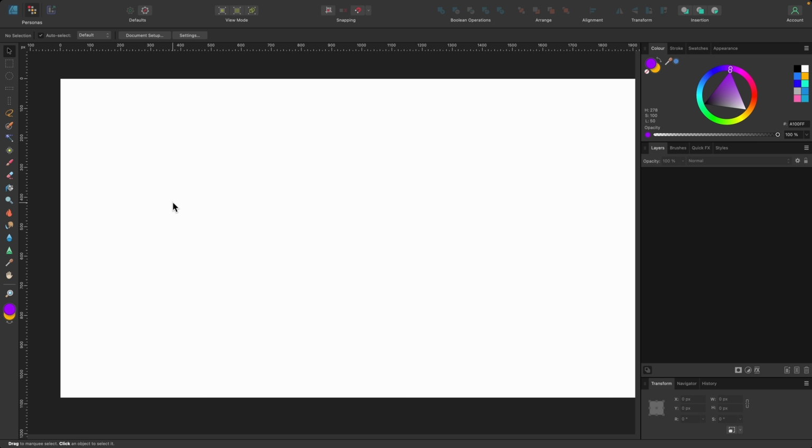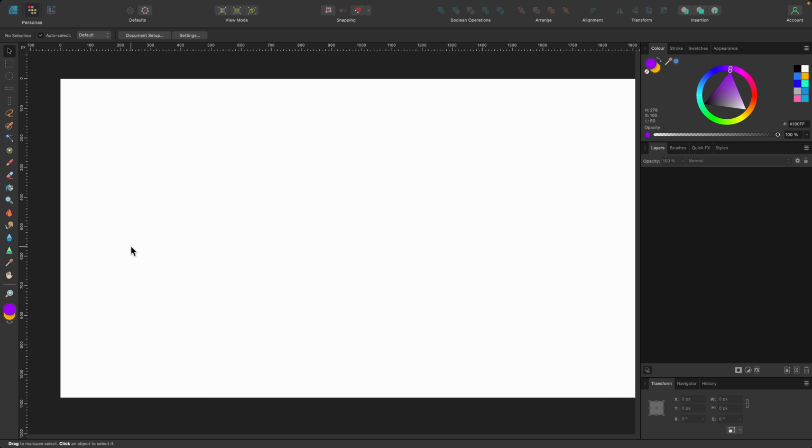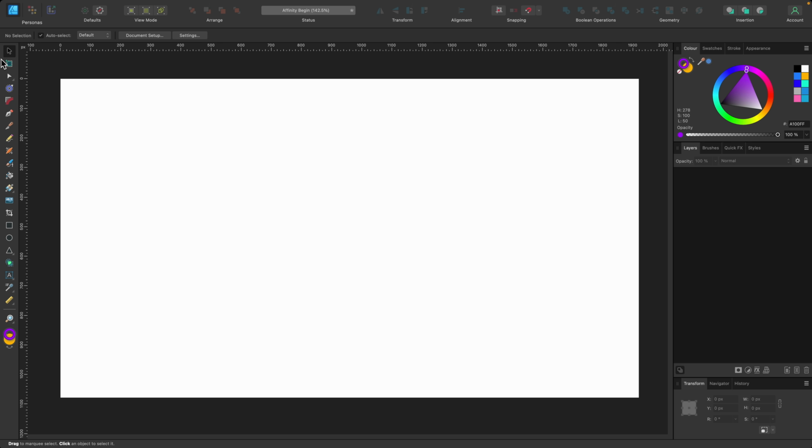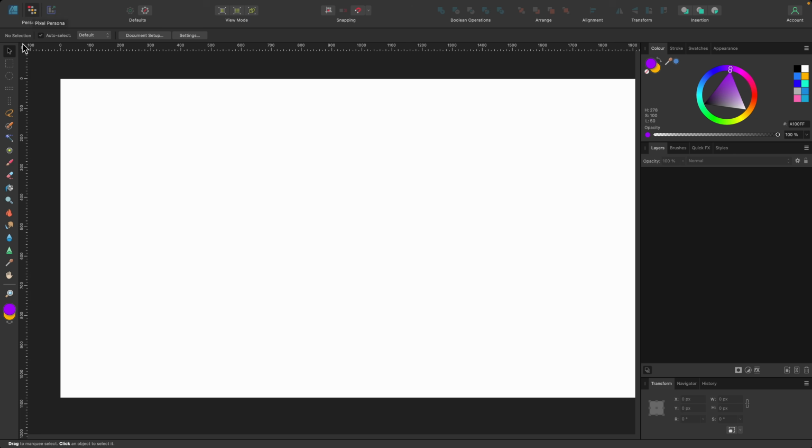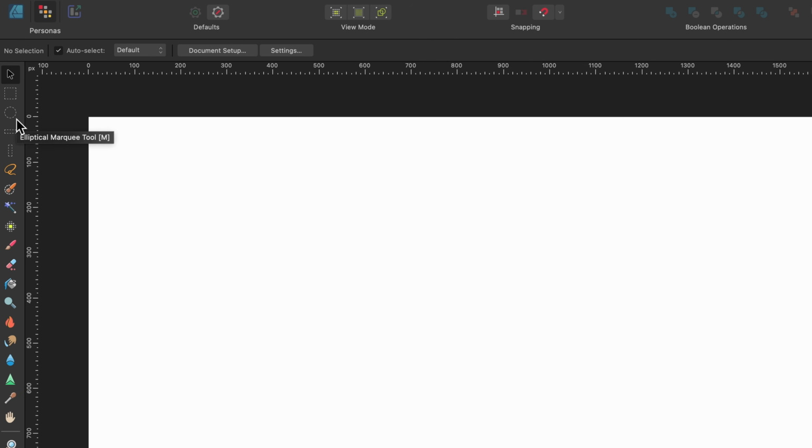So Pixel Persona is particularly useful for when maybe editing a photo or retouching it, or maybe you want to paint in texture using all of these raster-based tools. So let's have a look around the UI and see what's different. So I'll just go up to Personas again, and I'll just click on Designer Persona so you can see the user interface as it is. And if I click on Pixel Persona, you can see that on the left-hand side in our tools panel, we have different tools. And all of these will be able to help us either create or edit our raster-based images.